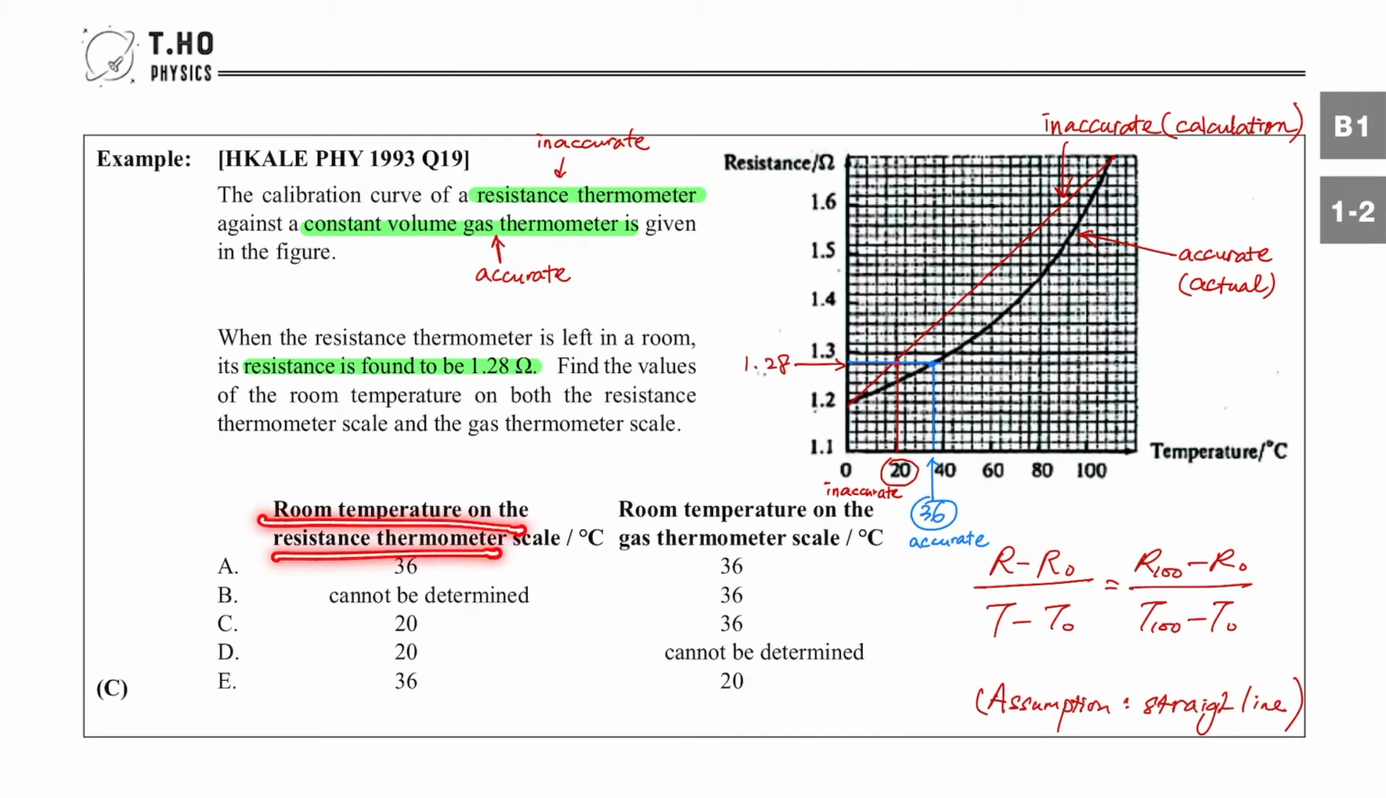Therefore, when we look at the first column, saying that the room temperature on the resistance thermometer, that means the inaccurate reading, will have a reading of 20. Whereas, when we look at the room temperature on the gas thermometer scale, which is the actual and accurate temperature reading, will have